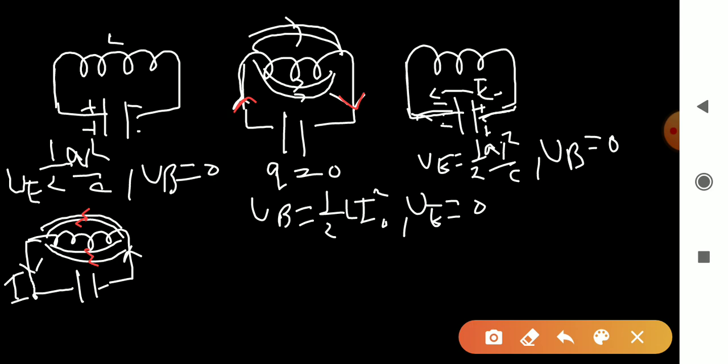So in this figure the fully charged capacitor again begins to discharge through the inductor. A discharging current begins to flow in the anti-clockwise direction, right? This again causes the transfer of energy from the capacitor to the inductor till the capacitor gets completely discharged and the entire energy appears as the magnetic field energy of the inductor. So here UB is half L I square and UE is 0. Clear?